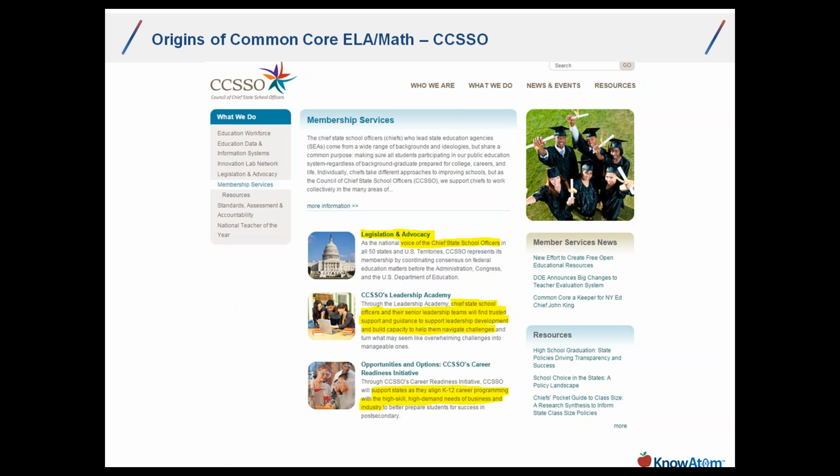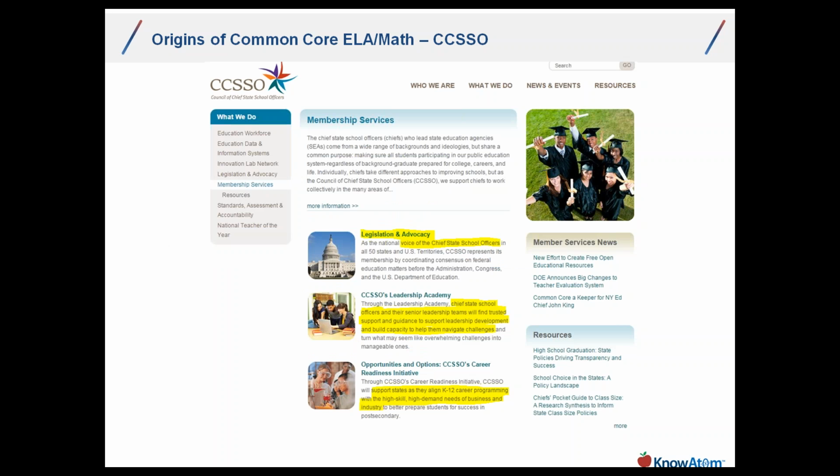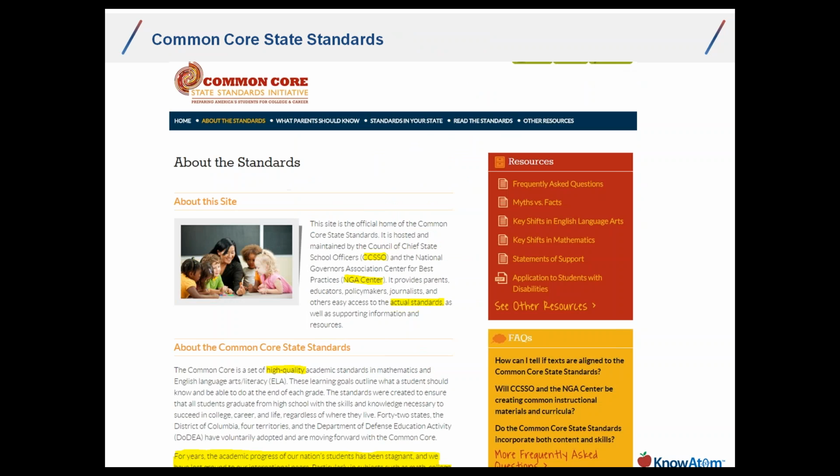And this is going to be one of the key areas of difference that I'm going to talk about in a little bit, in terms of the difference in where these Next Generation Science Standards are coming from versus where the Common Core standards came from. So the Common Core standards for ELA and math came from basically two advocacy groups and those who support them and are part of their partnerships. And that's how we arrive at the Common Core state standards, because basically those two groups had the funding and the political support in order to